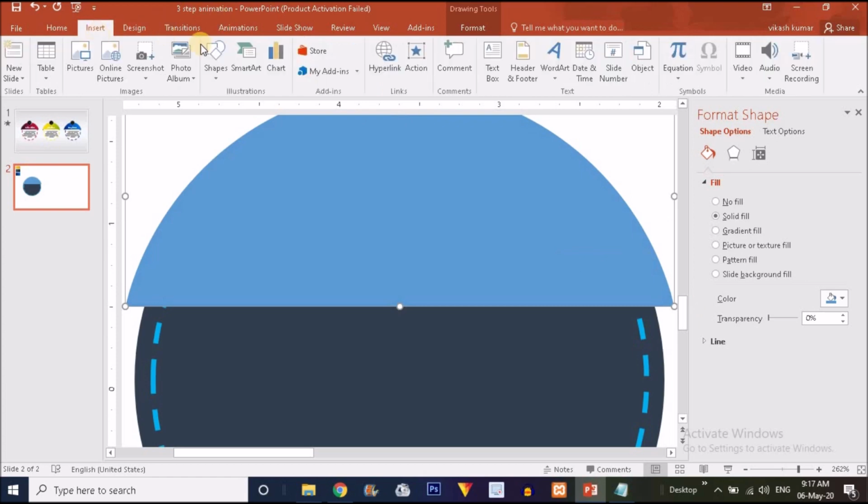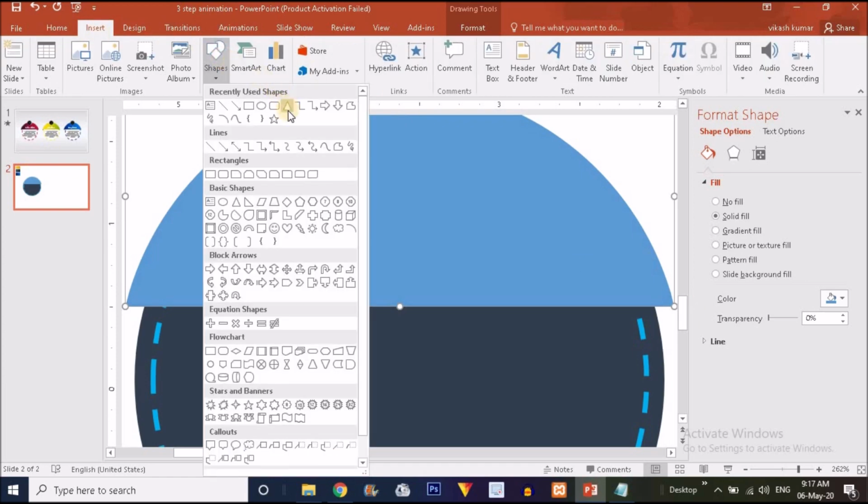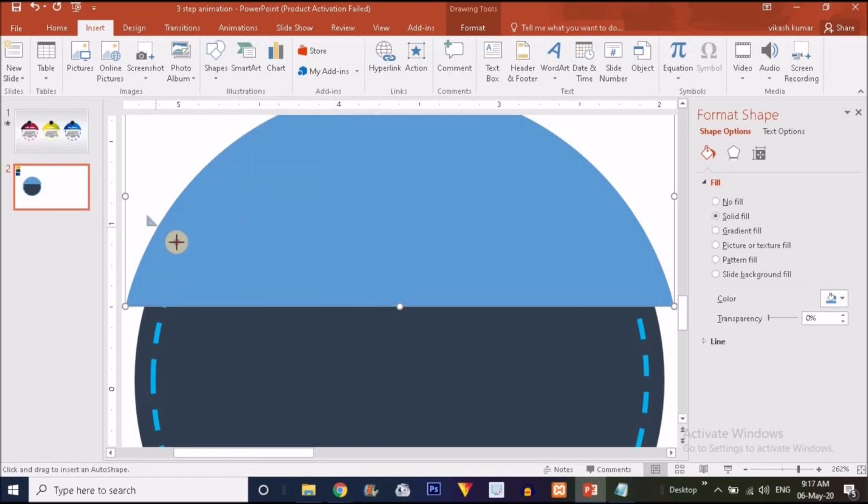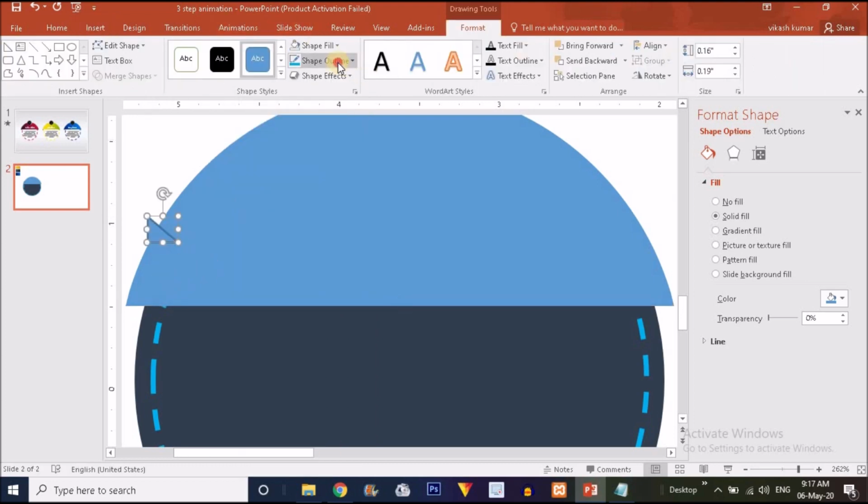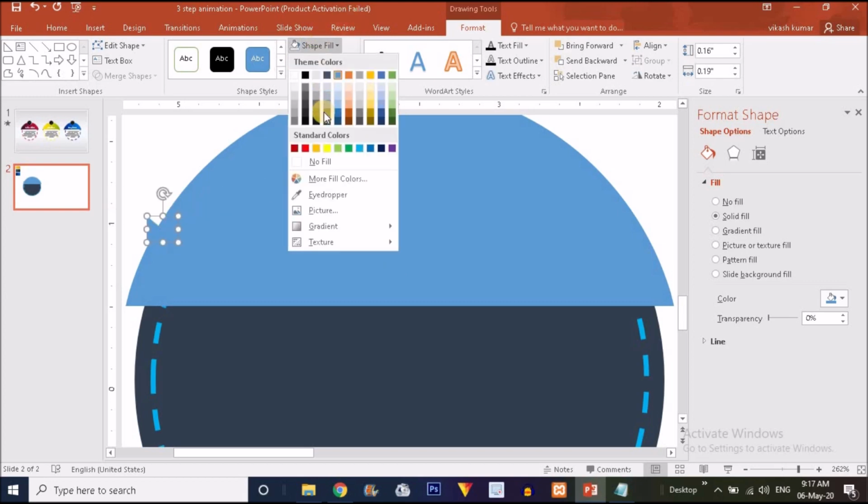Go to the Insert option, choose a triangle from here, drag it over here, make it no outline, and the shape fill will be slightly black like this.